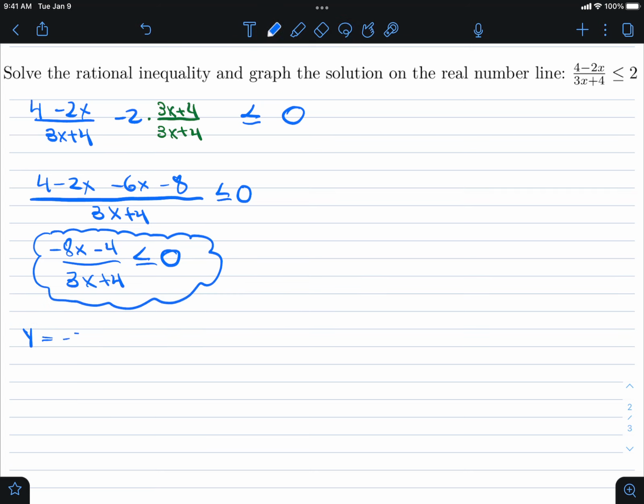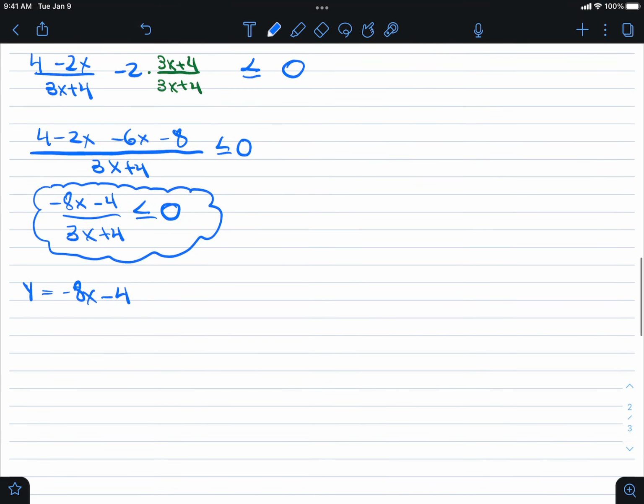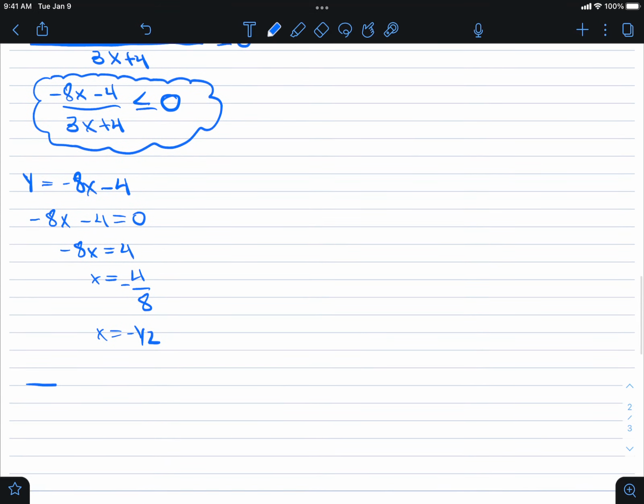and then I'll analyze the numerator and the denominator separately. So what is this guy, right? This is a decreasing line. The graph of this is a decreasing line, and the root of this, the place where this crosses the x-axis, can be found by solving this equation. So x is negative 1/2, and so if I were to graph that, that would be a decreasing line